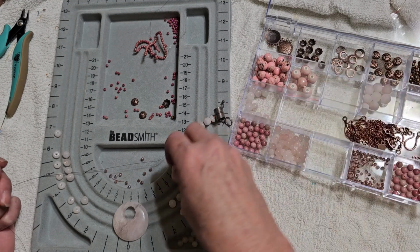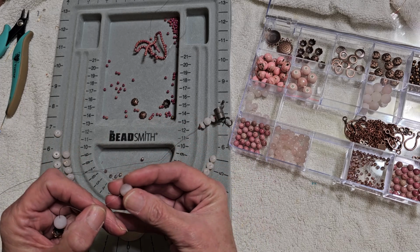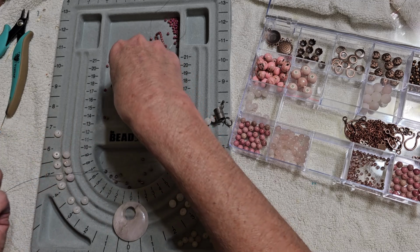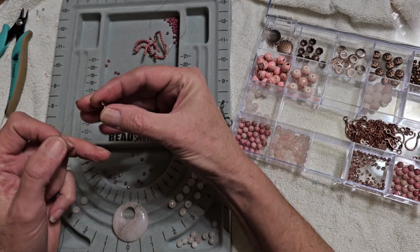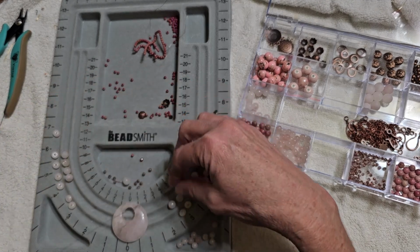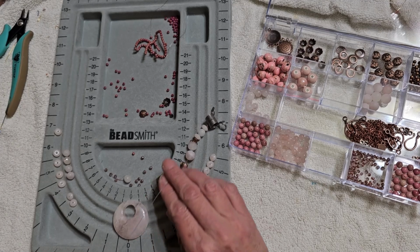Get some of these big beads. Because when I think about it, then it just seems to be harder for me. If I just go with the flow, it might be a little easier. Okay, so we got some little